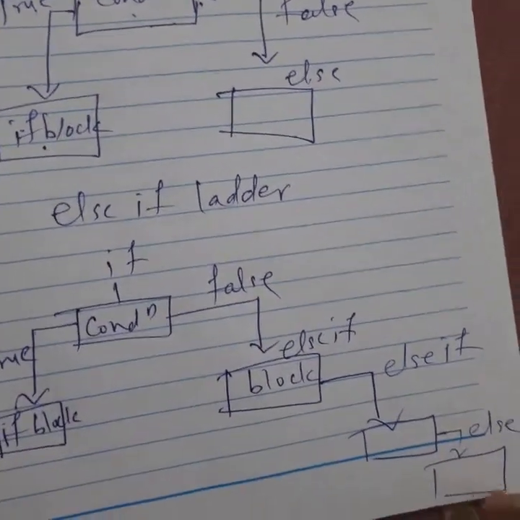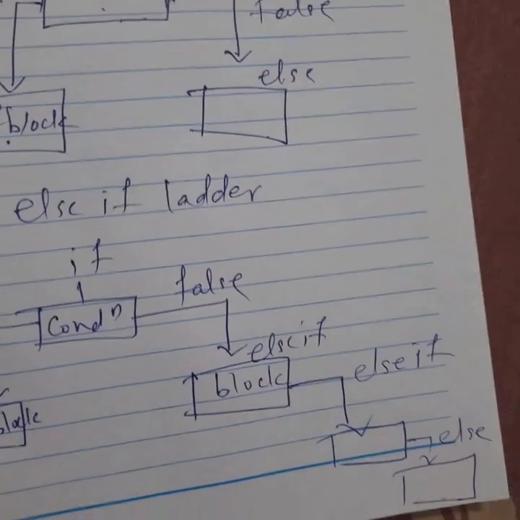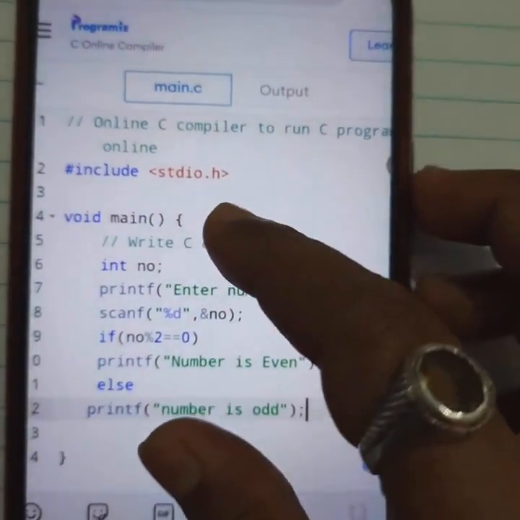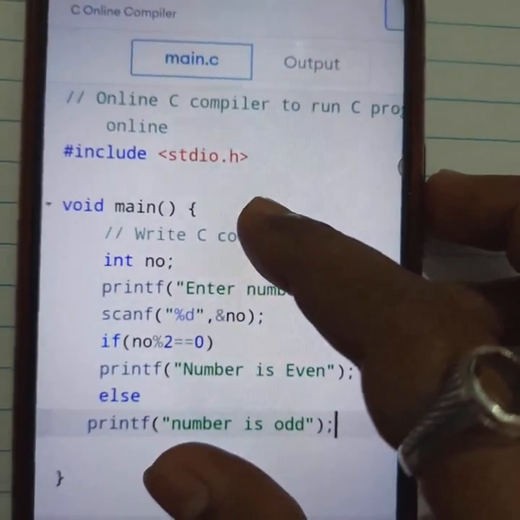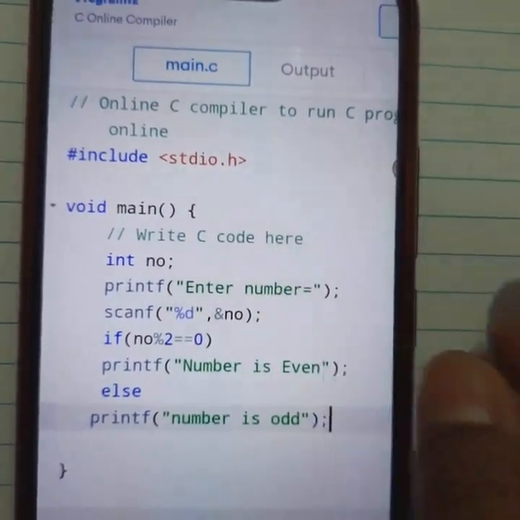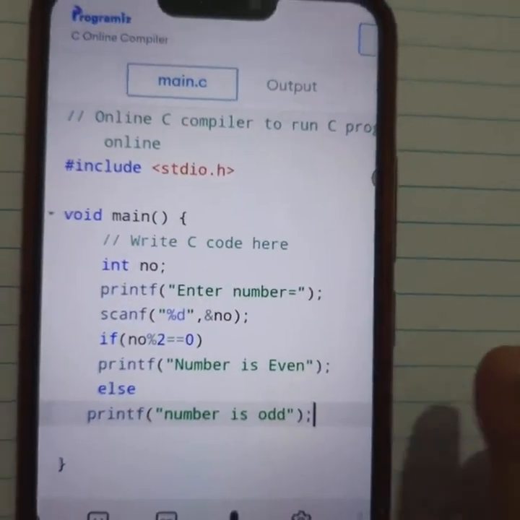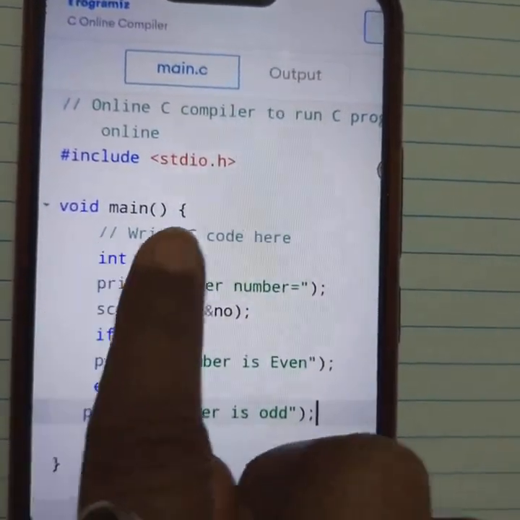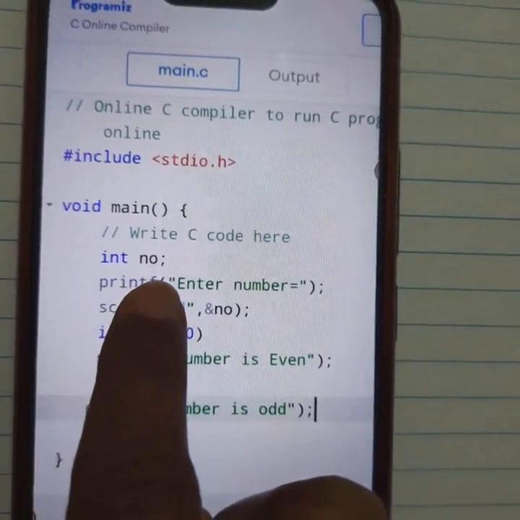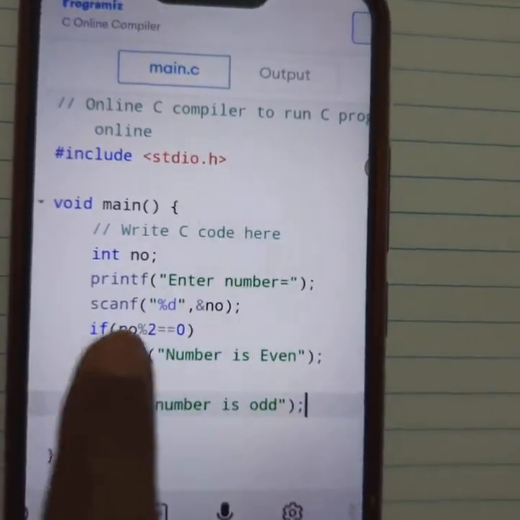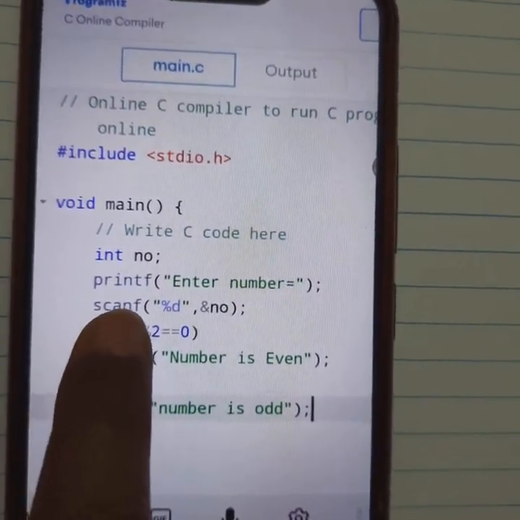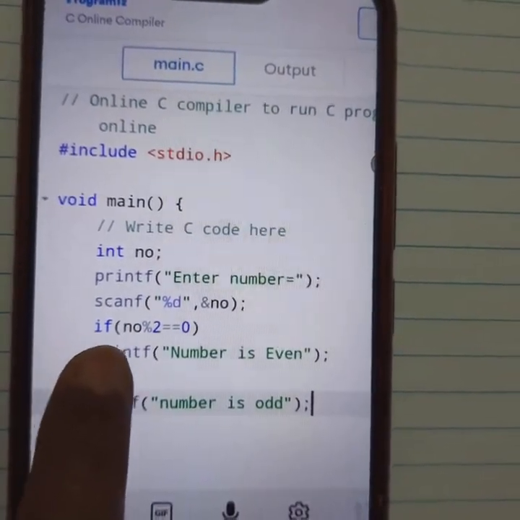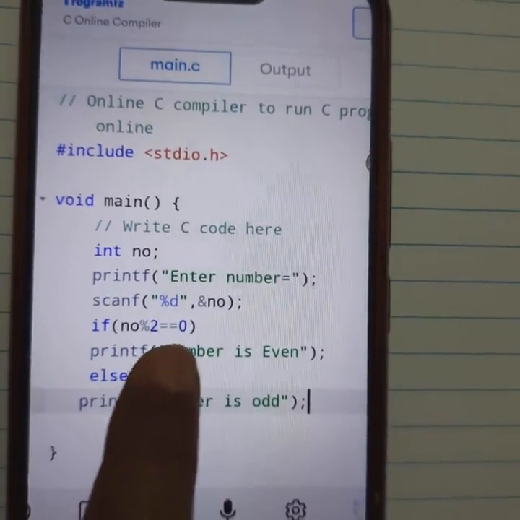That time the last part will come, that is the else part, and the else block will execute here. Okay, first I am explaining how to find whether a number is even or odd using a C program. Here #include stdio.h header file, then void main, int no variable I take here. I write the statement printf enter number and accept a number using scanf %d &number.